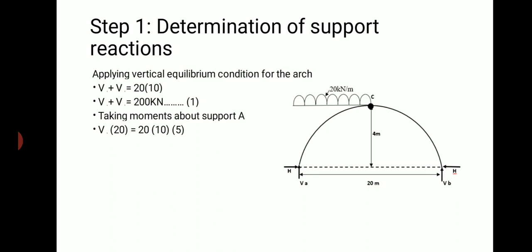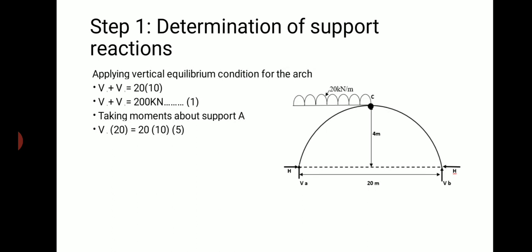So next, the load acting is 20 kilonewton per meter. In order to convert that kilonewton per meter load to the moment, first I need to convert that kilonewton per meter to kilonewton. In the previous step itself I have told how to convert that. So that is 20 into the span to which it is acting, it is 10. So into 10 by 2. 10 by 2 is nothing but 5. Why I have considered 5?